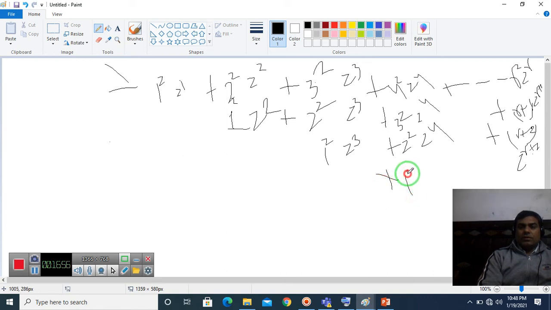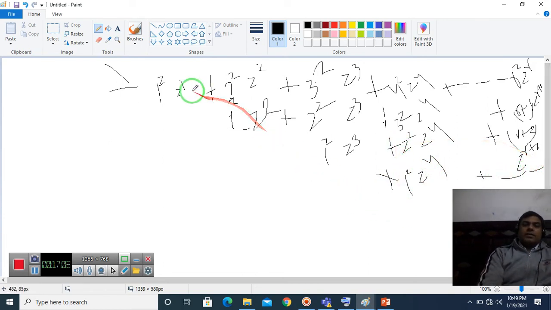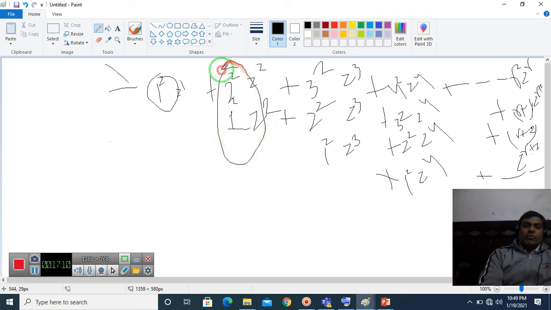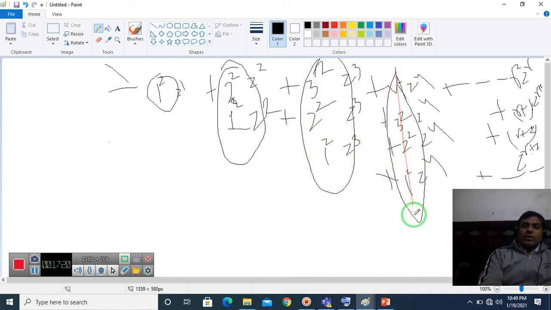One square, z to the power 4, and so on. Just think: if we have z to the power 1, the term is 1 square. If we have z to the power 2, the sum is 1 square plus 2 square. If we have z cube, the total sum is 1 square, 2 square, 3 square. If we have z to the power 4, it is 1 square, 2 square, 3 square, 4 square. If we have z to the power r, the sum becomes 1 square, 2 square, 3 square, up to r square. So the coefficient of z to the power r,